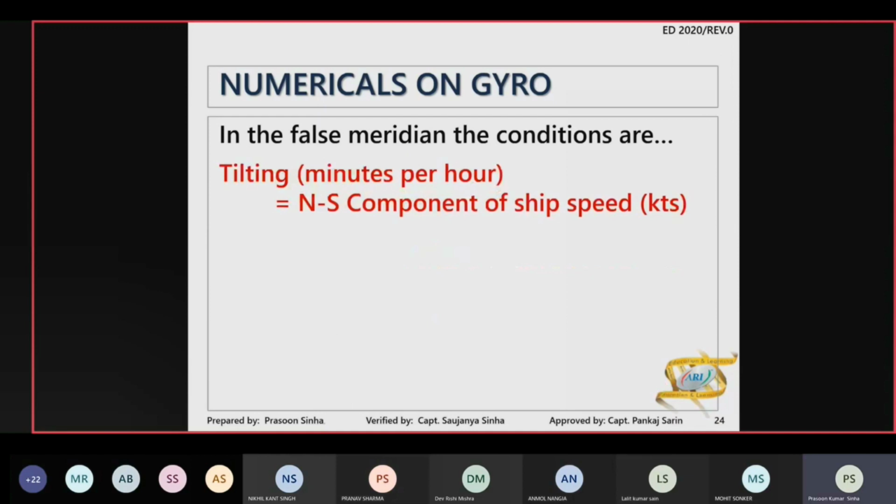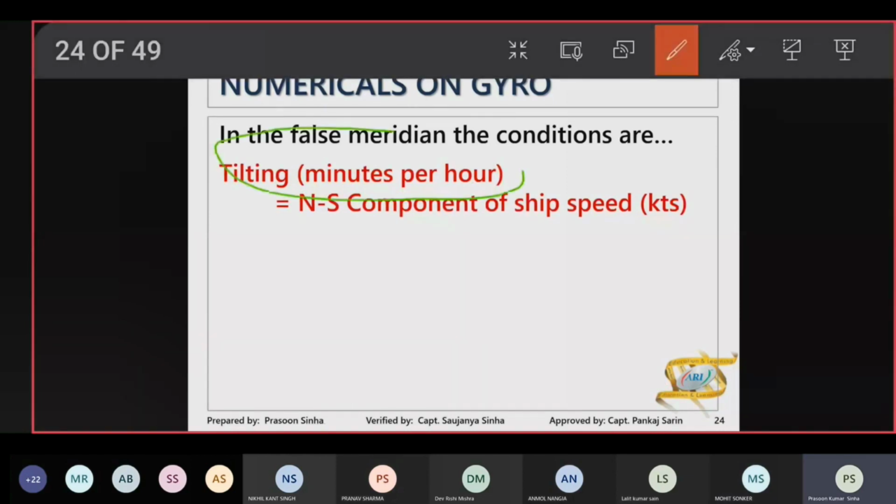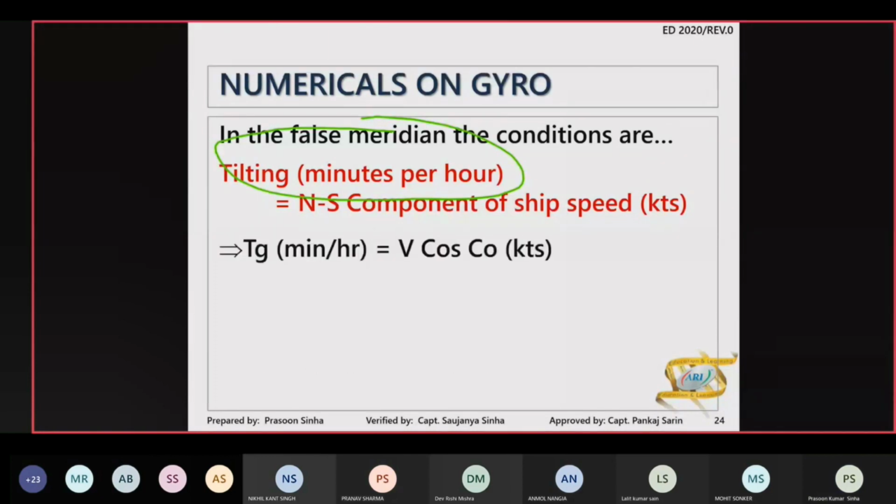Ship is doing, let us say, 20 knots per hour. The 20 knots basically is 20 minutes. Each mile is a minute. So 20 minutes per hour is the rate of tilting. So that is what we are saying. Tilting minutes per hour, because minutes are knots, nautical miles. That means the tilting which is happening, minutes per hour,